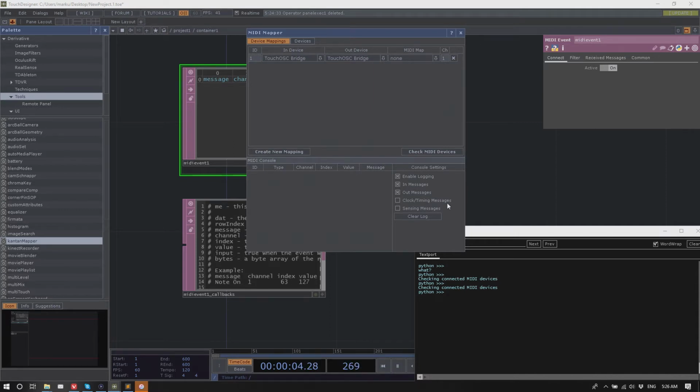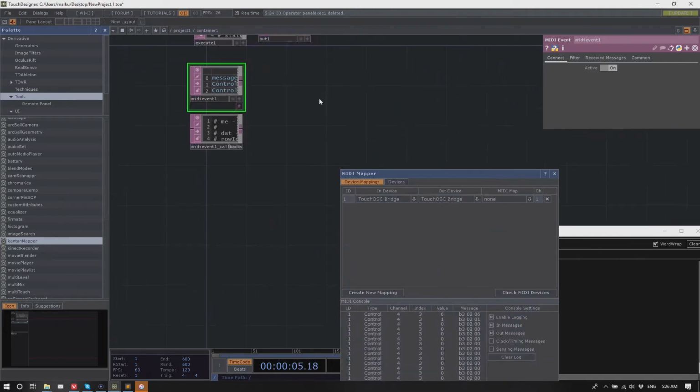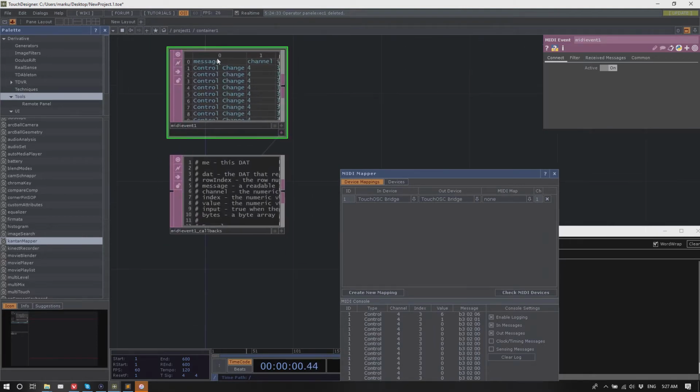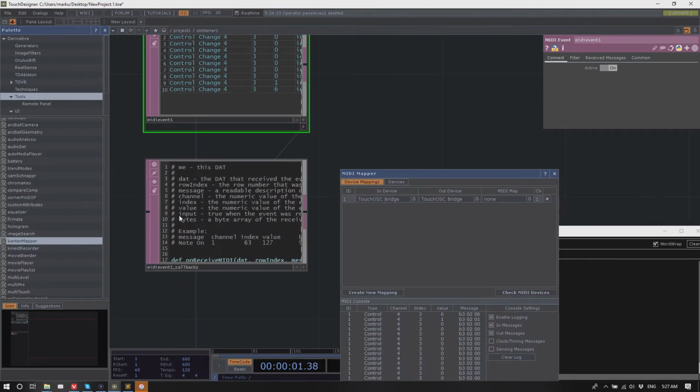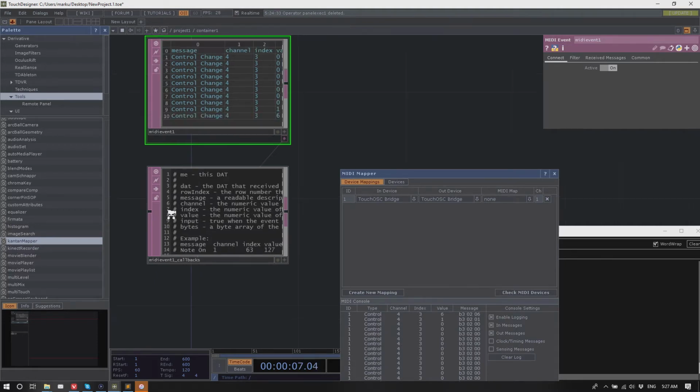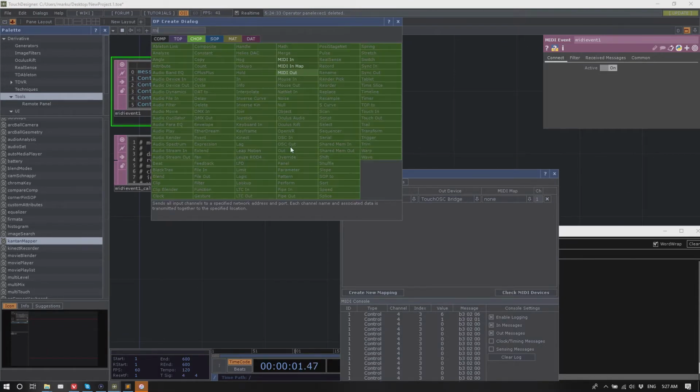So I have a little perform interface here, and if I move a slider, I basically get the MIDI messages in. So it's fairly simple like that. Now, I have different ways of accessing those events. One way, and I tend more and more to use it this way, is that I get these MIDI messages in via this MIDI event DAT, and I actually script my way through it, and then just control different sliders. The other way though, and it's nice and simple as well, is to use a MIDI In CHOP.